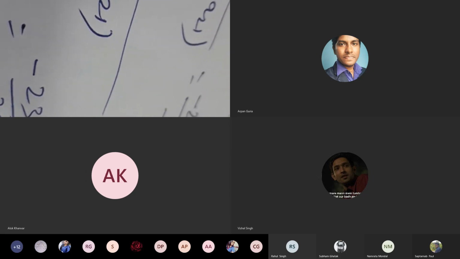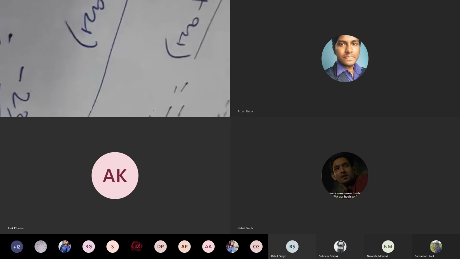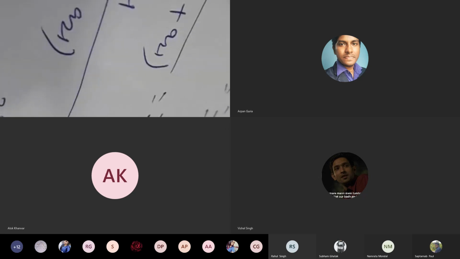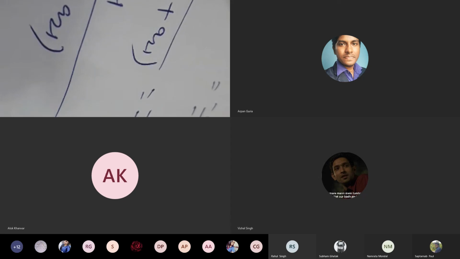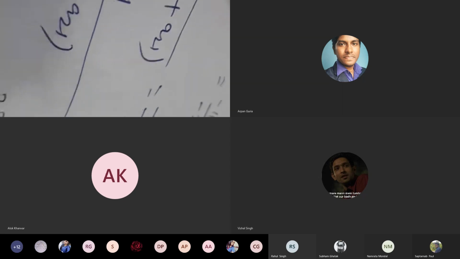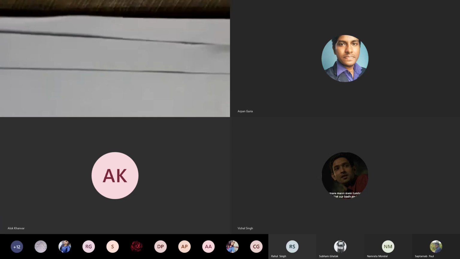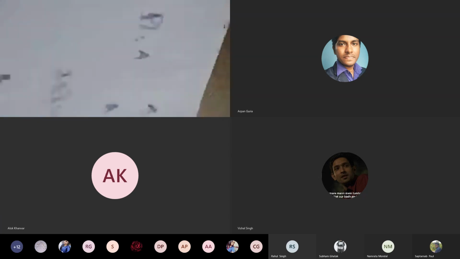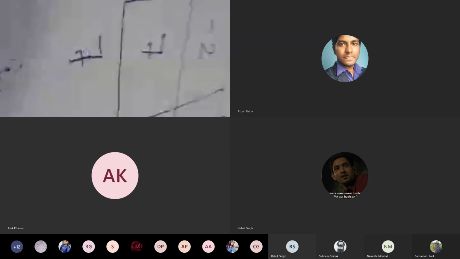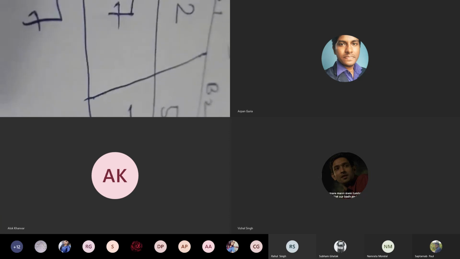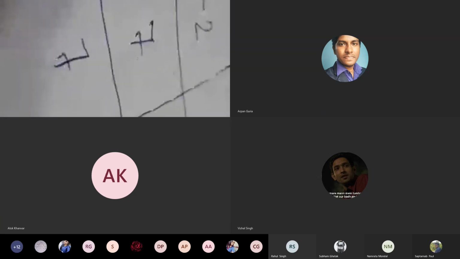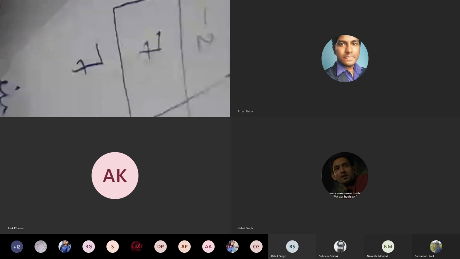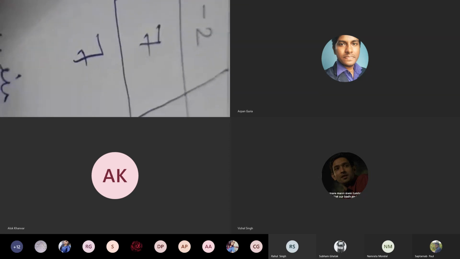In this way you can solve the value of the game following the mixed strategy when there is no saddle point. But next day, I shall show you another problem. In such a case, the saddle point is not there, but the matrix is also not a 2 by 2 matrix. So how will you solve the problem through mixed strategy? In that case, you need to apply the dominant strategy.